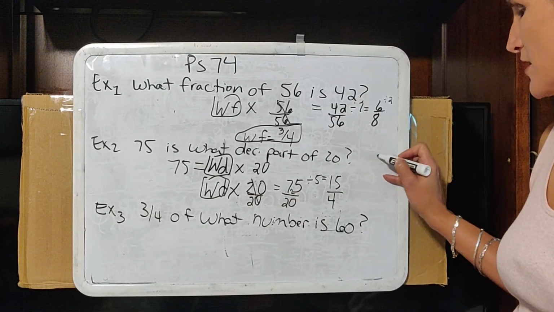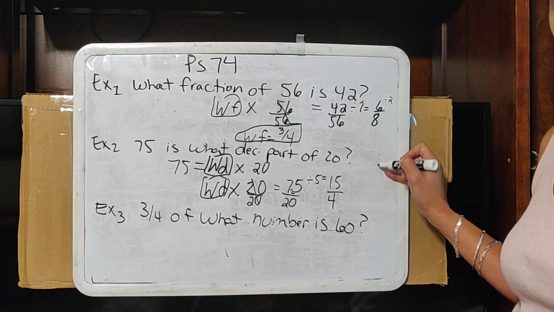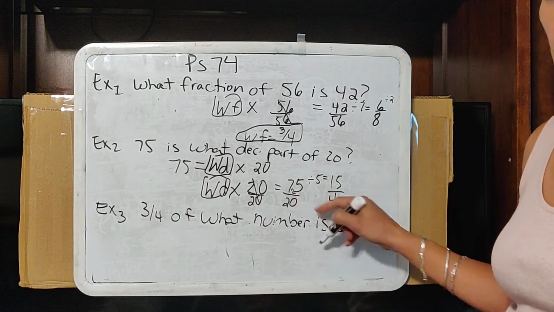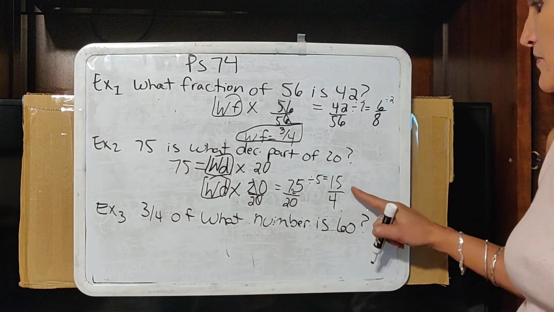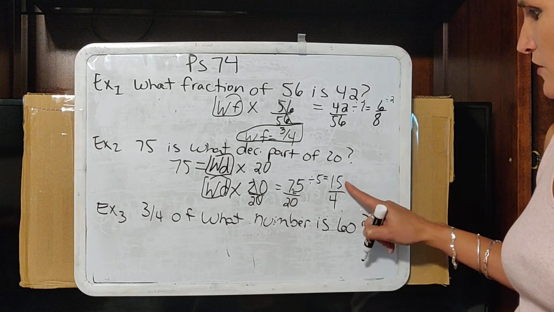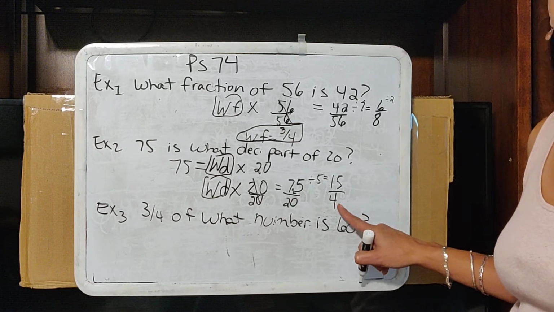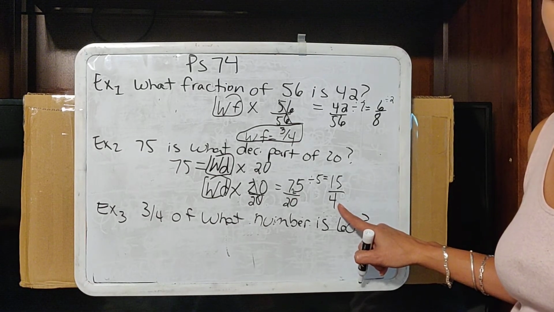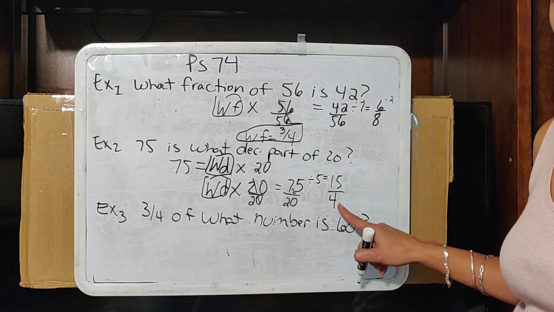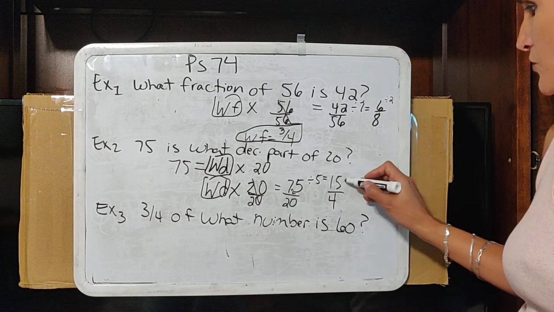If you need to take 75 on the side and divide it by 5, that's okay as well. We're just doing short division to get the math quicker. Now we look, 15 over 4, it can't reduce further, but that's not a decimal. So in this step, you can do one of two things. You can either take the 15,